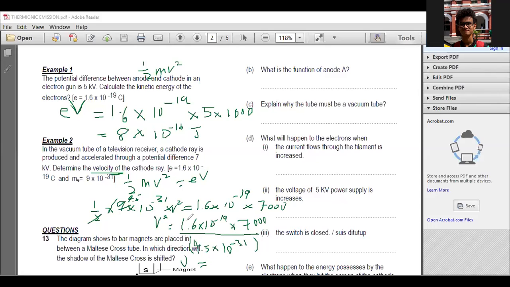What is the answer? So 1.6 times 10 to the power negative 19, and then you times 7,000, and then divide with 4.5 times 10 to the power of negative 31. Make sure there's bracket. So you get this answer, 2.44, not the final answer yet. Then you square root the answer. You will get this. So you round off, that means your answer will become